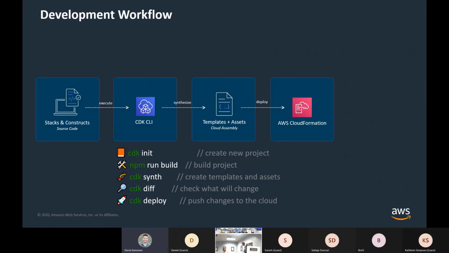That takes your template and actually generates it, deploys it to the CloudFormation service, and then tracks what CloudFormation is doing with it so it can tell you when it's done. So that's a very long, short introduction to the CDK workflow. I'll go through this in the demo, which will probably also be equally as confusing.